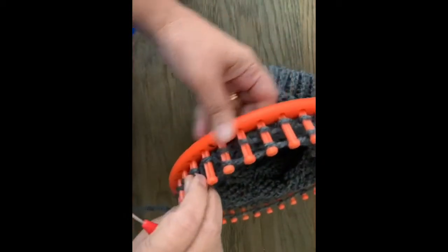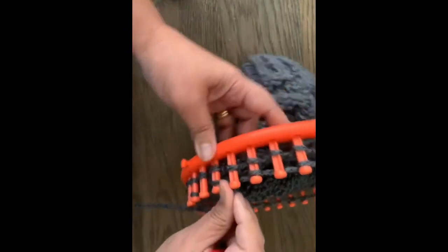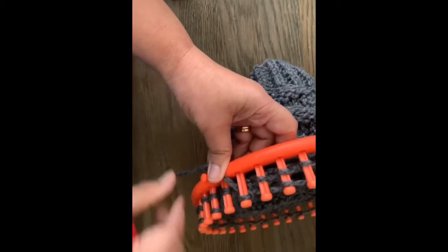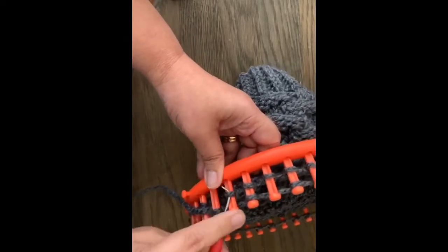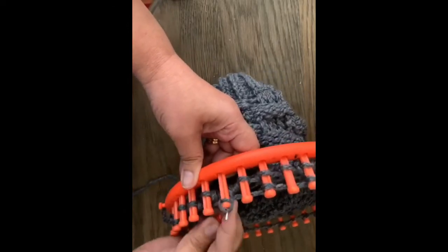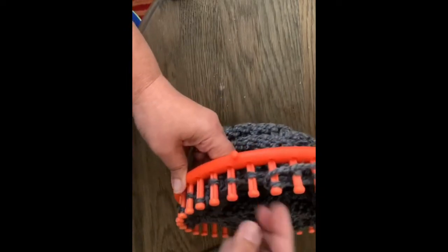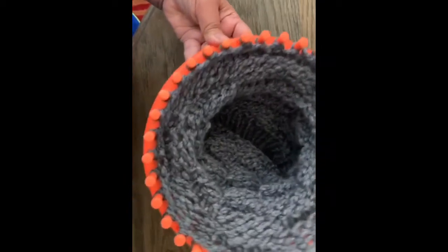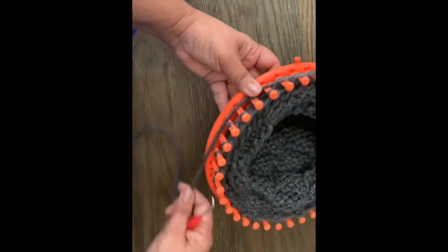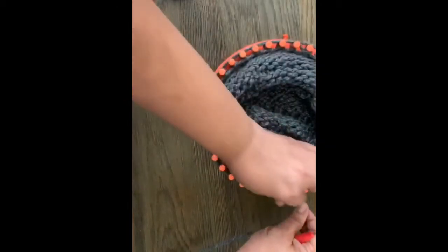Okay, we're getting there. It's getting pretty, guys. All right, and then you knit it off. Always knit off your last one there. That way it locks. See, it locks your working needle. Okay, so the one with the 2 loops here, you have to knit off. All right. Now we're gonna cast off. What you do is the usual, whatever your preference is. This is my preference, so to decrease my stitches. So 1 round, 1.5, and then